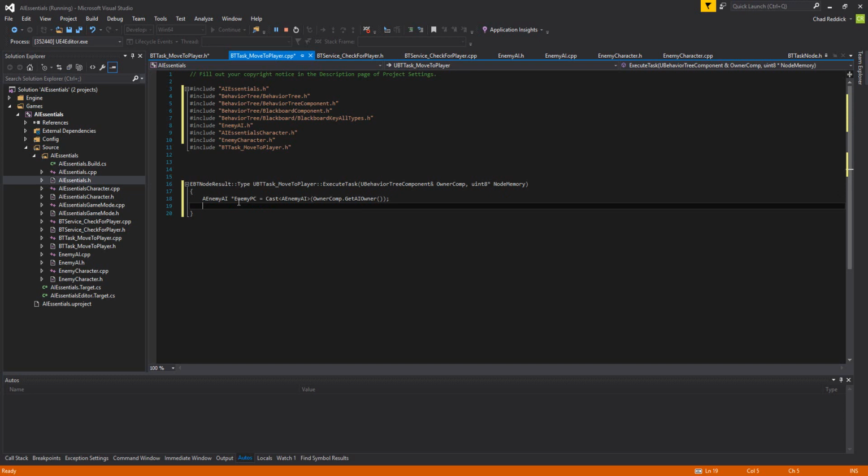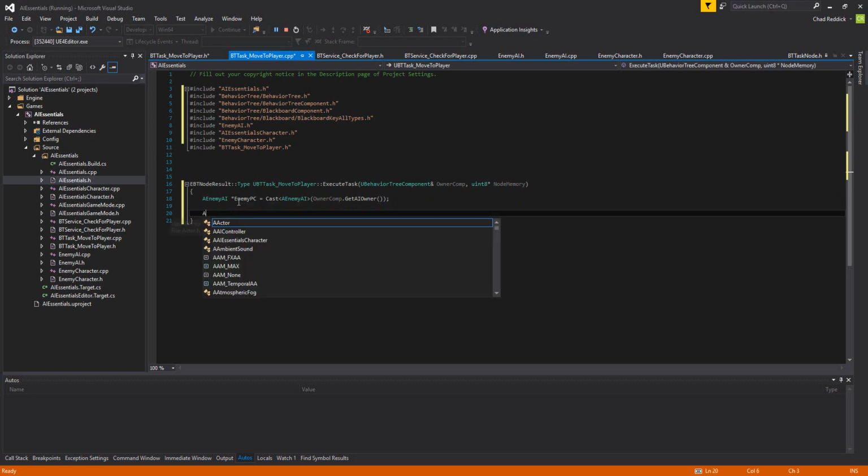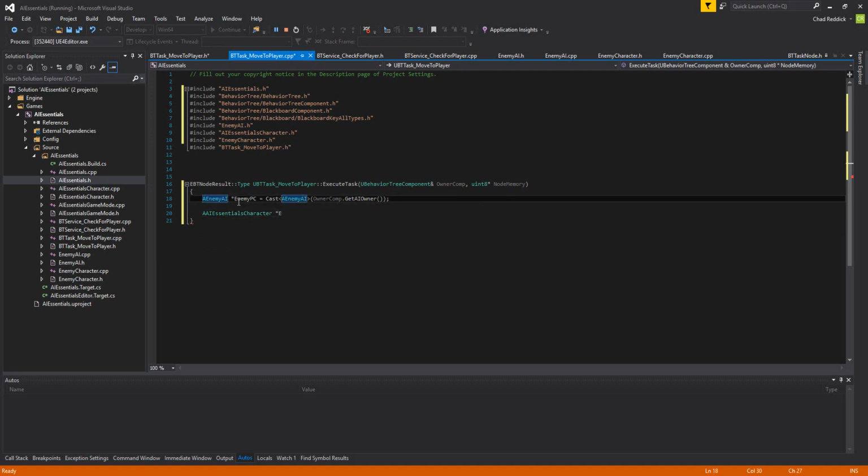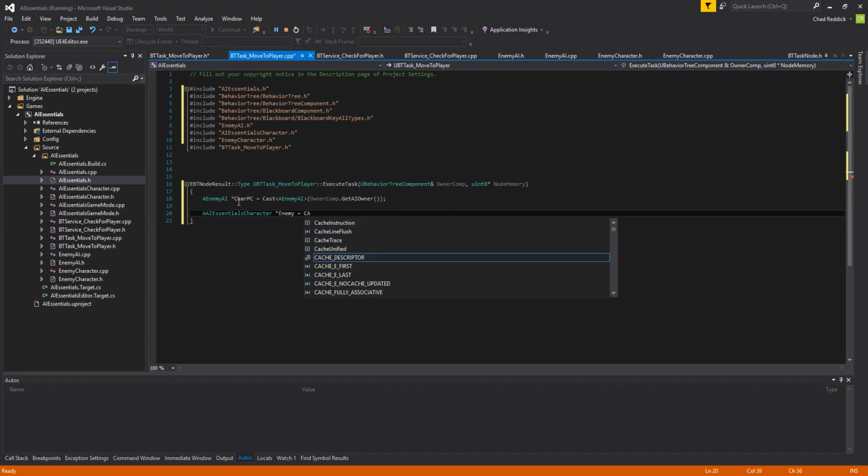And then the next thing we're going to do is get the particular value. We're going to say AI essentials character. We're going to get the character, and I'm going to say enemy PC. You're going to say char PC. Char PC, I like that better. So we're actually communicating with what? Enemy equals cast